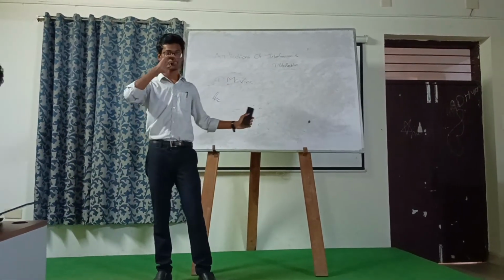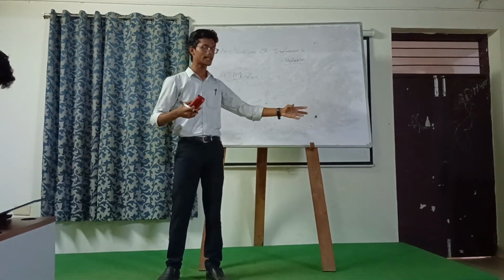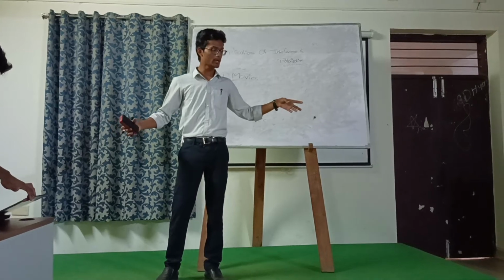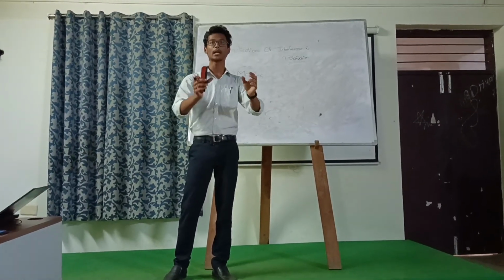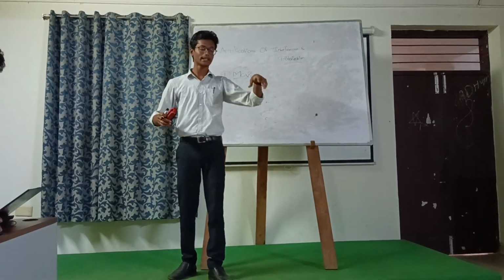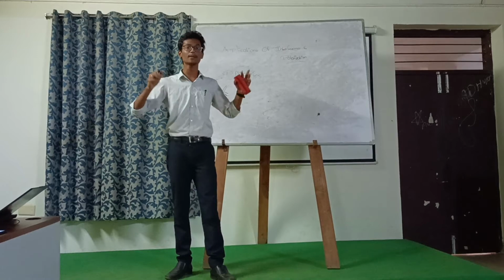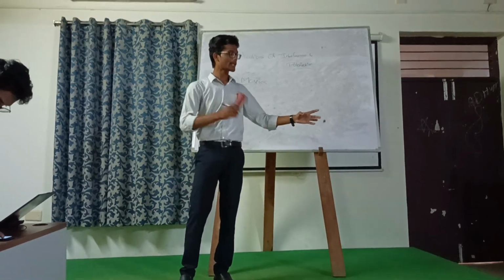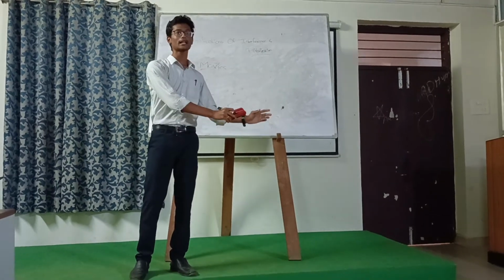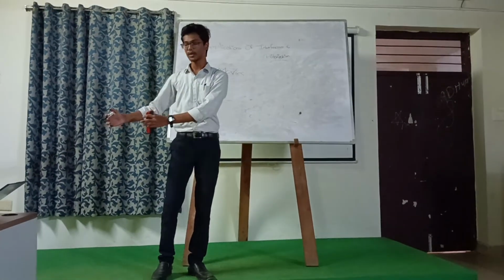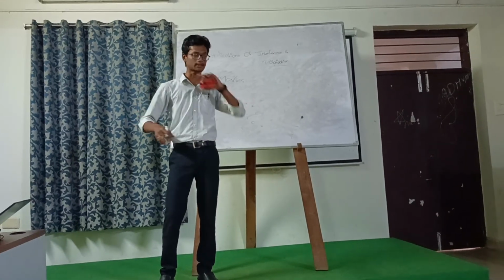What is the mechanism? While shooting the picture, there is a camera 1 here and camera 2 here. Camera 1 focuses on the picture and camera 2 also focuses on the same picture, but with a different angle. Camera 1 records with the E-ray, the extraordinary ray, which consists of only parallel vibrations, and camera 2 records with the O-ray, which has only perpendicular vibration.